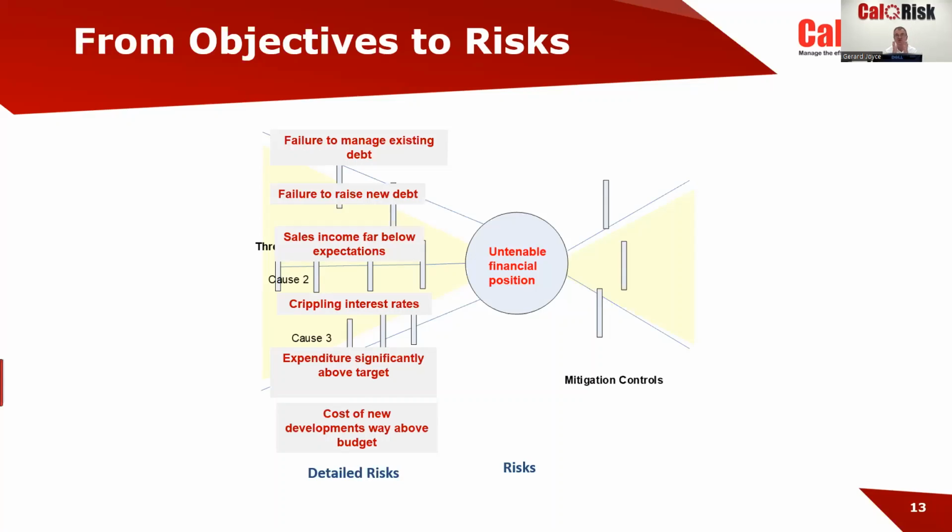Now, the board want to know about the financial position and maybe what's threatening it. They don't necessarily want to know the detail about expenditure, but they might ask questions. So I think on a daily operation basis, you're probably managing the 6 risks on the left. And when you're reporting to the board, you're summarizing and putting it into one. Again, because there's only 10 or 15 minutes maybe devoted to this topic at the board, so you want to summarize and be succinct, but you need to have the detail if asked for it.